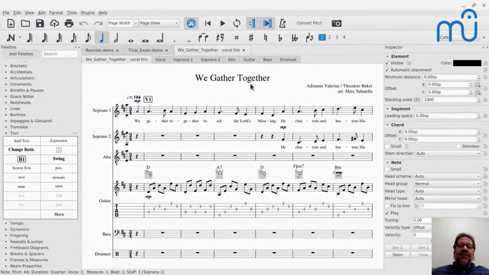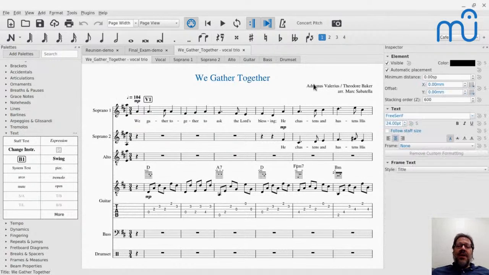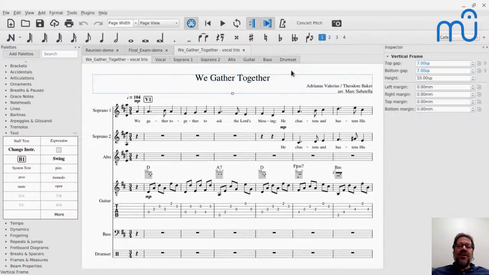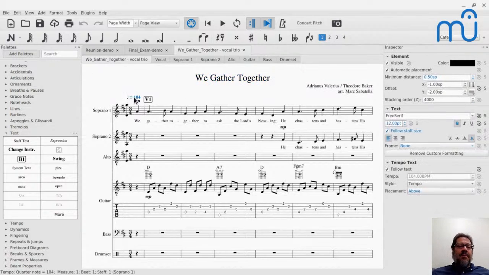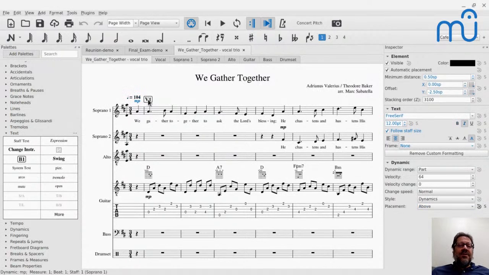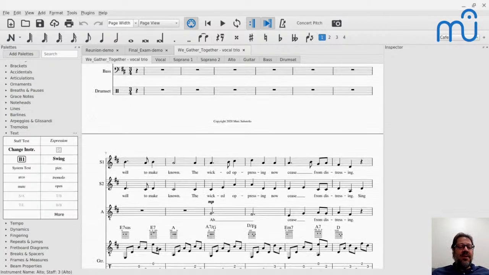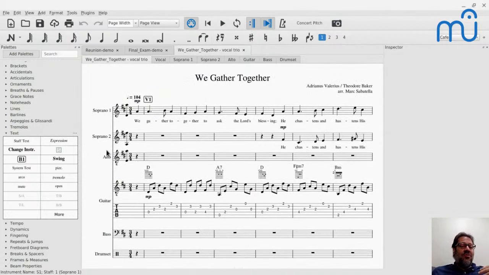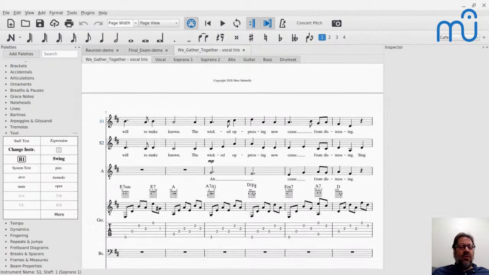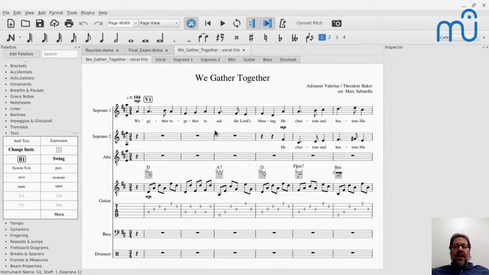So just look at the different kinds of text that are in here. This is title, and then we have composer, and these are sitting here in a frame. Then we have tempo, we have dynamics. This is a rehearsal mark. We have staff names here, and these are the long instrument names. Then we have the short instrument names. The long instrument name is used on the first system of the score, and then subsequent systems use these abbreviated names. And then we have chord symbols here above our fret diagrams, and of course we have lyrics.